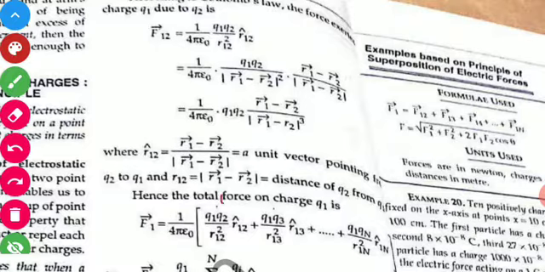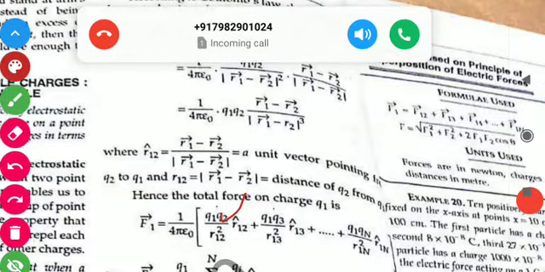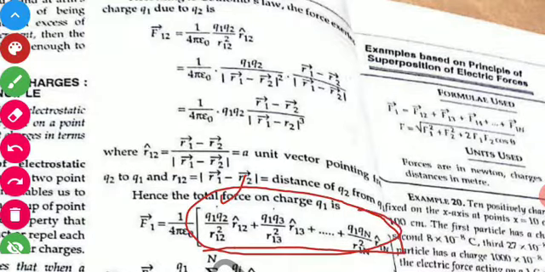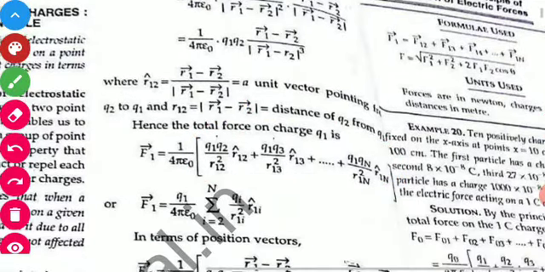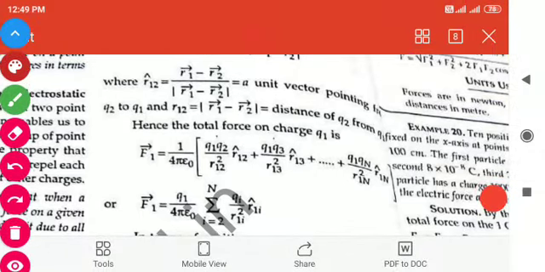The changes takes place only in the Q1, Q2 and R1, R12 like this. So here you can see the difference. So if adding all the terms, you will get the total force, and total force formula is this